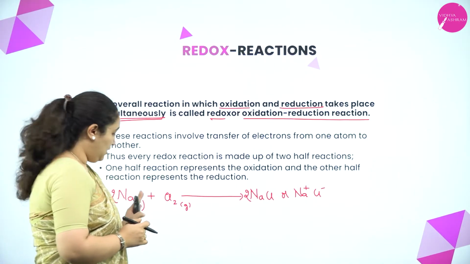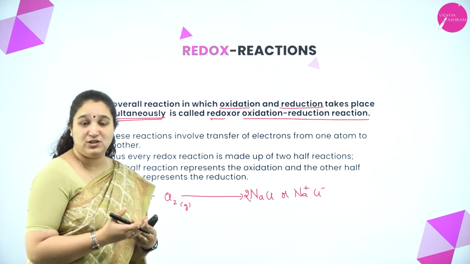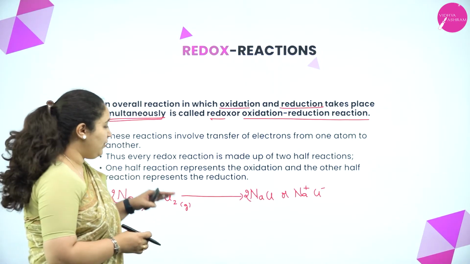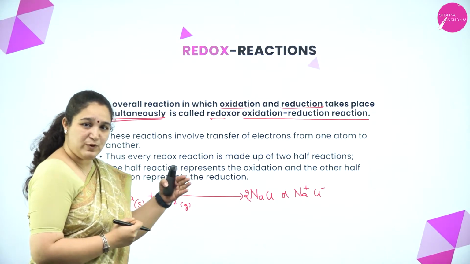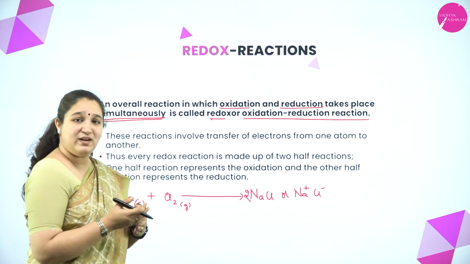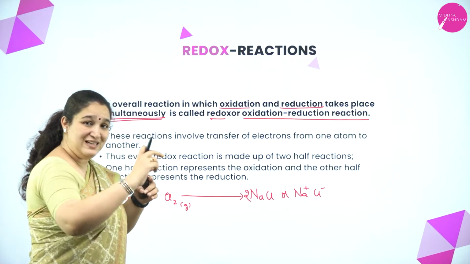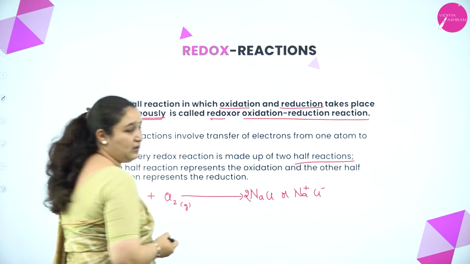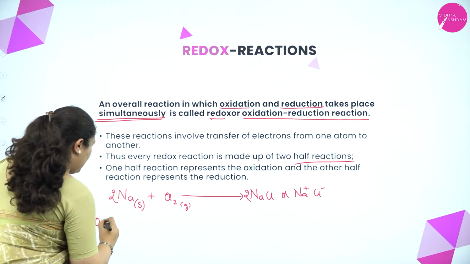When you see this reaction, you cannot make out that oxidation and reduction is happening simultaneously, and that this is a redox reaction. So now if I write this reaction in 2 steps, that is, I'll write a step with the oxidation reaction, I'll write a step with the reduction reaction, and then when I add up, I'll get the same equation. Each single step that you write is called a half reaction. Okay. So I'll write the oxidation half,